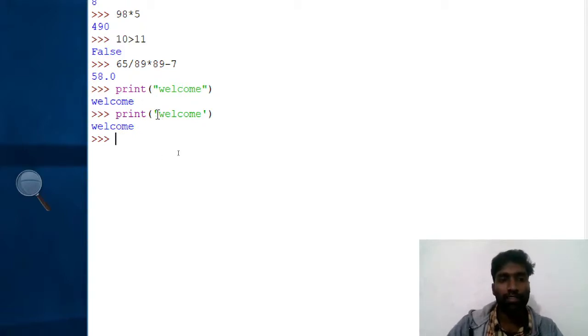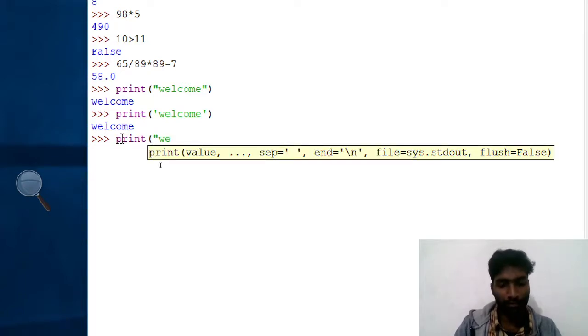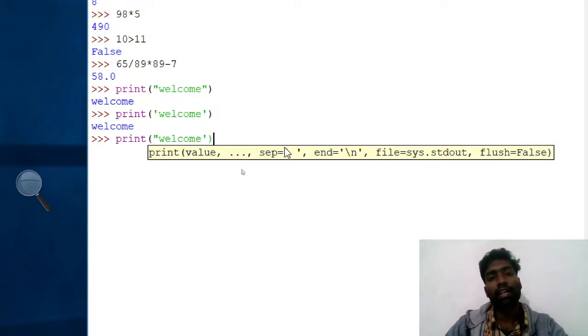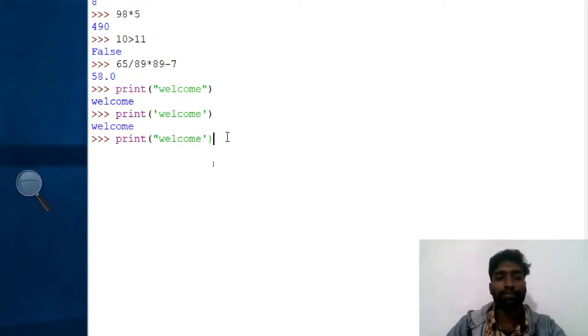Now see, I started with a single quote and I ended with a single quote. In case I do like this, print, welcome, single quote close, now this is an error.